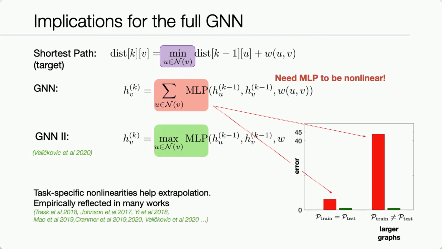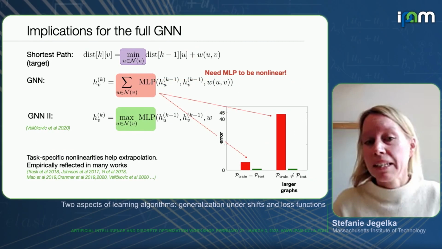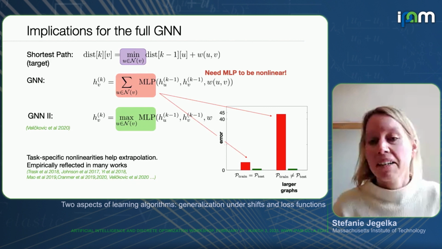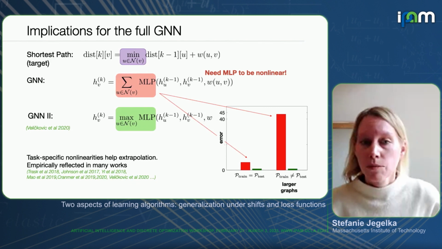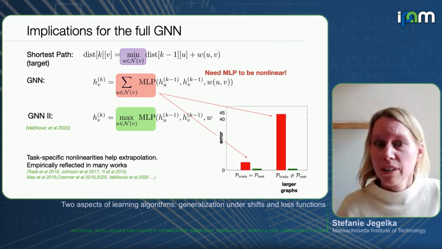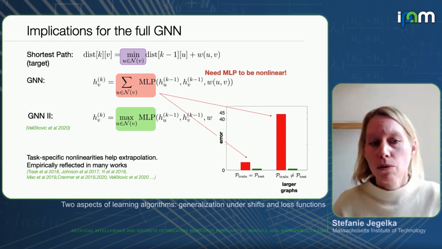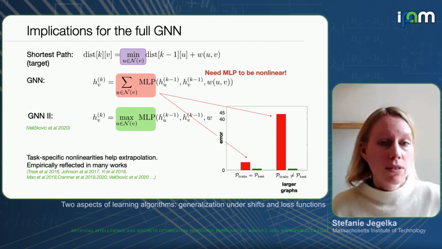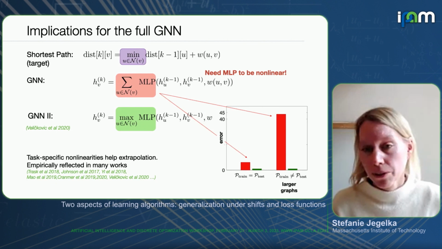Well, what did we do here? We tried to understand what the model is doing so that when the data shifts, it may look more like a linear function. And now if I adjust the architecture of my model in a way that the MLP being a linear function is okay, then I extrapolate better. So I've tried to understand a bit of what the model does and adjust the architecture accordingly. Admittedly, that needs more information, more thought about what you actually want to model.